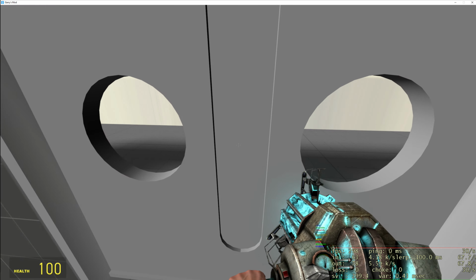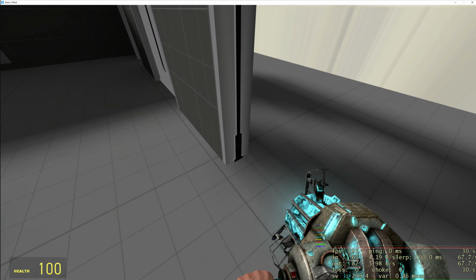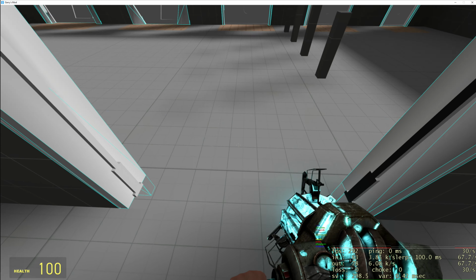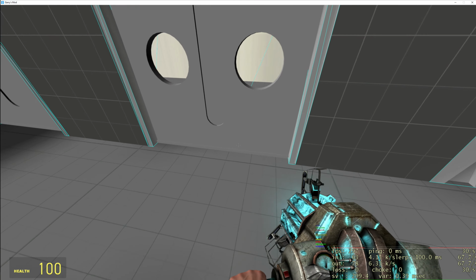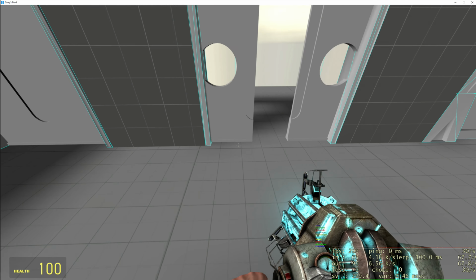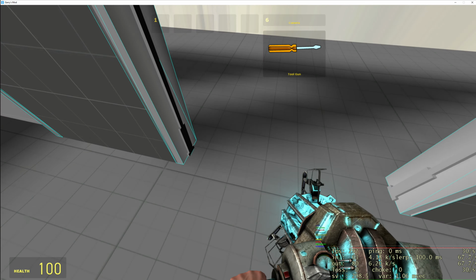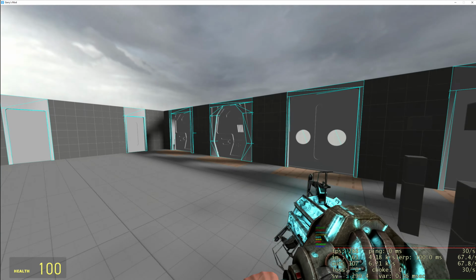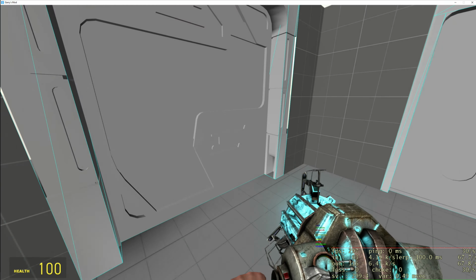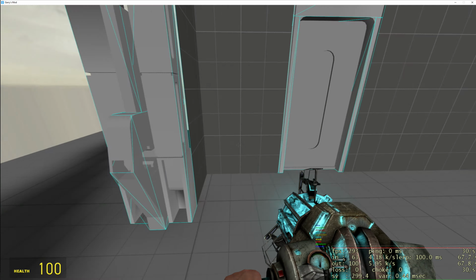So for example, you might think that I just disable the collision. That's in fact not true. If we just put in this little command here, you can see that there's a collision model. It's kind of hard to see, but that blue box around it, that is in fact the collision model. So I've done that for all these doors, and as you can see, there is a collision model that just